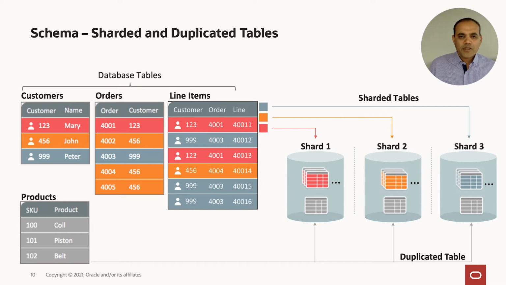Additionally, if there are queries which require data from multiple shards, then as I said before, we have a multi-shard query coordinator. The request goes to the coordinator. The coordinator pushes that query in parallel to all 3 shards and gets the data. And then additionally, if there is any need to do a group by or even a join across the data coming from two shards, the coordinator does that, and the results are sent back to the client application.